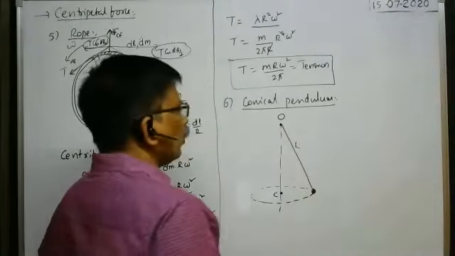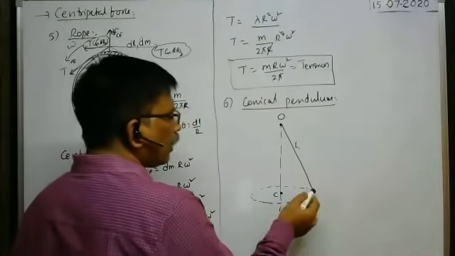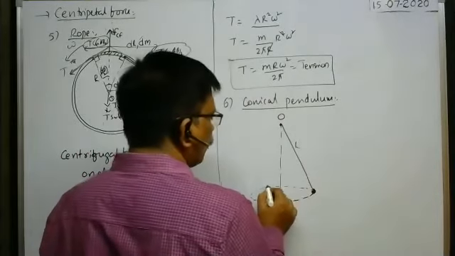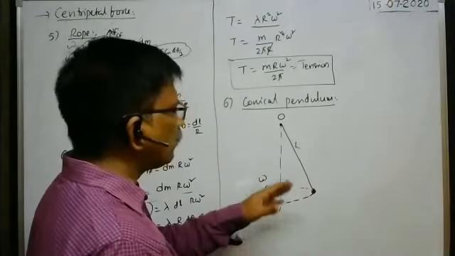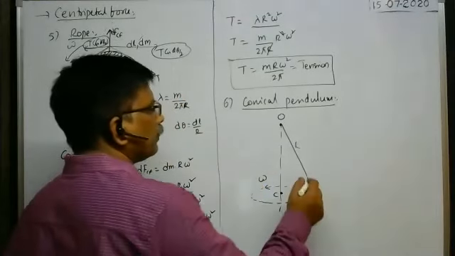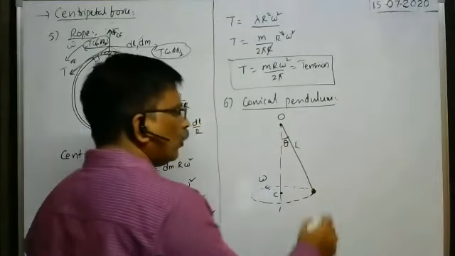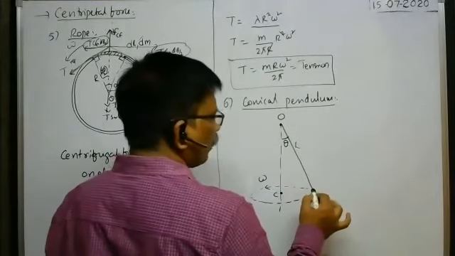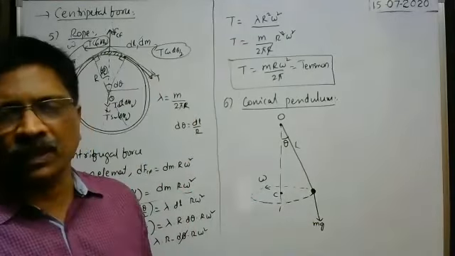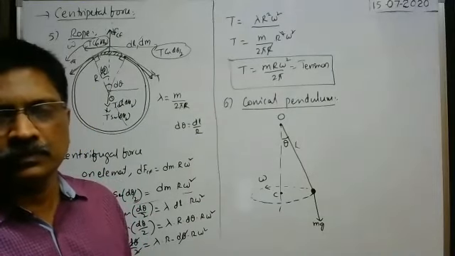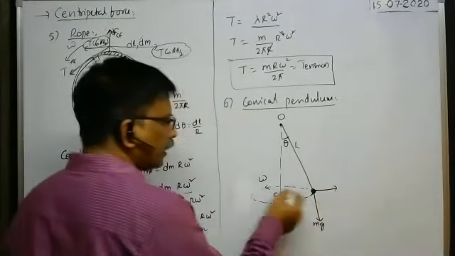In this case, what is the tension in the string? Suppose the bob of the pendulum is made to rotate with angular velocity, say omega. Now, whenever the bob is making rotations with constant angular velocity omega, at that time the angle made by the string with the vertical is, say, theta. Then tell me, what are the forces experienced by the bob here? One, weight, which always acts in the vertically downwards direction. Next, centrifugal force acts on the body away from the center because it is rotating like this, no?